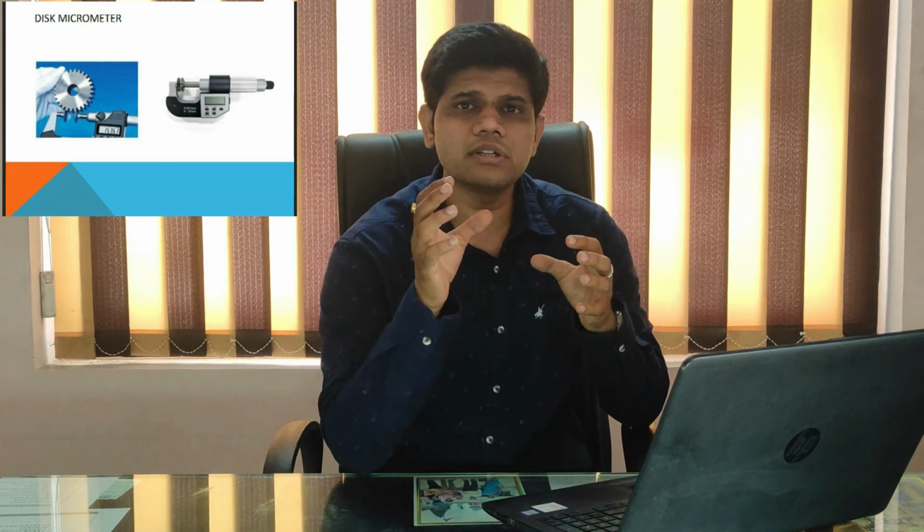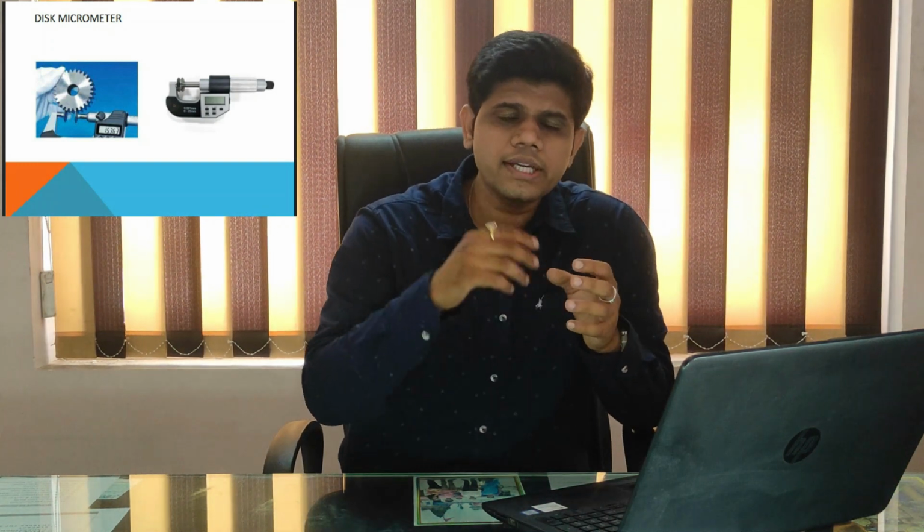The next micrometer that you are seeing on the screen is the disc micrometer. My friend, disc micrometers are also available in two different types. The first type is disc movable, and the second type is disc not movable. What exactly the difference is? In the first type, if you move the thimble, the disc will also rotate. It is rotating and non-rotating. In the first type the disc is also rotating, and in the second type the disc will be steady, and the thimble will go